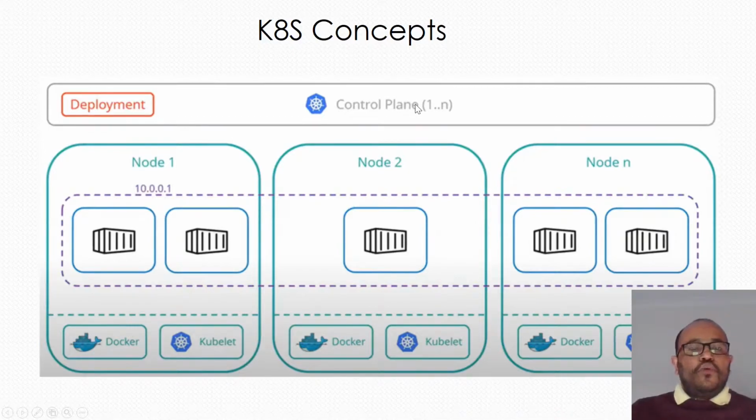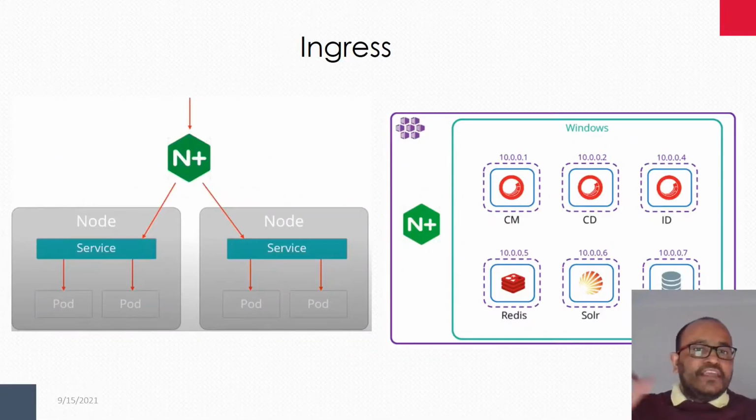These are the Kubernetes concepts. A Kubernetes cluster has multiple nodes, and each node has pods and containers. By default, if you create an AKS cluster, you will get Docker and the Kubelet. I will explain these concepts while we are deploying. Ingress is an additional one. Just like we use Traefik in the local environment, in AKS the replacement is the ingress. It will handle domain resolution as well as SSL.